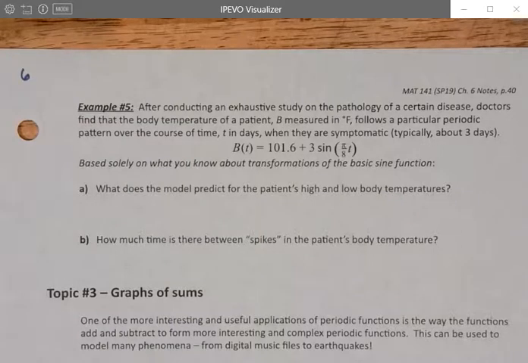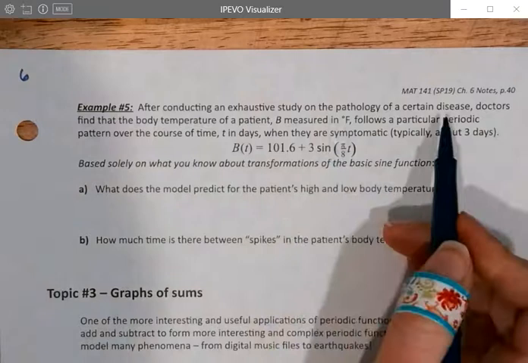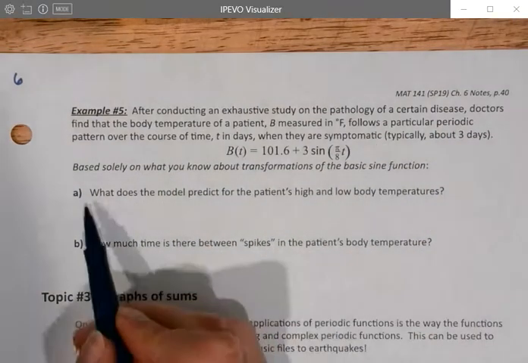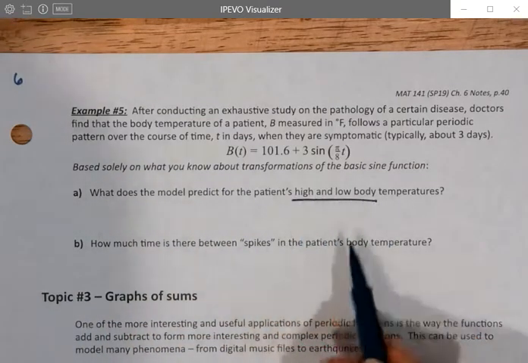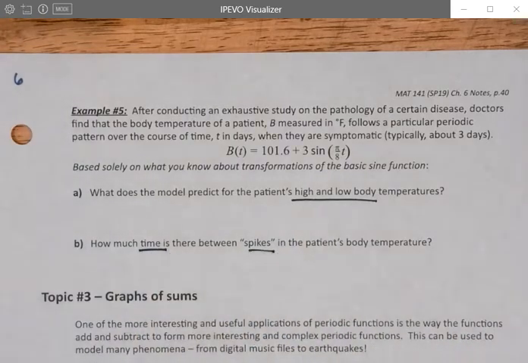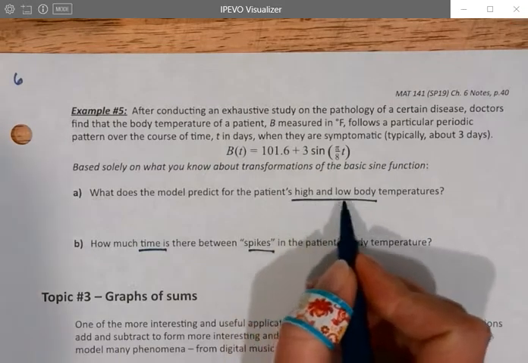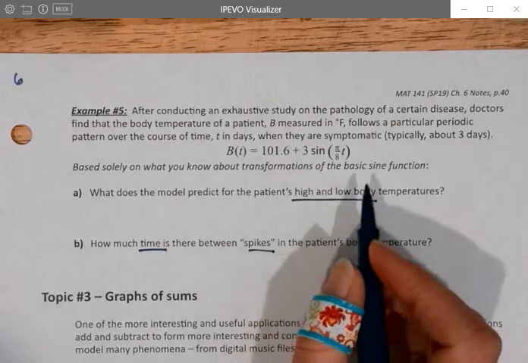Right, in our last example, we're looking at a study on pathology, and they ask us what the model predicts for the patient's high and low body temperatures, and then how much time there is between the spikes in the body temperatures. So what does it predict for the high and low body temperatures? That's going to deal with the amplitude and the